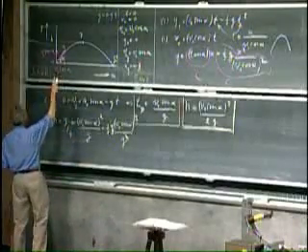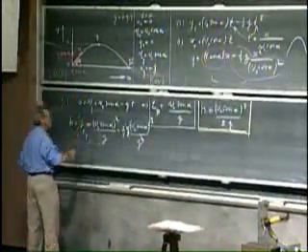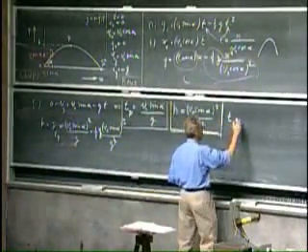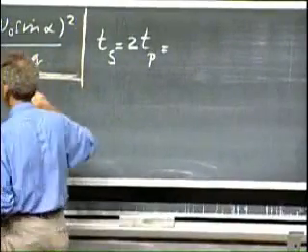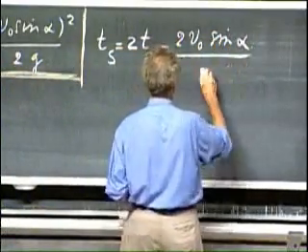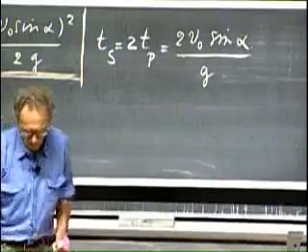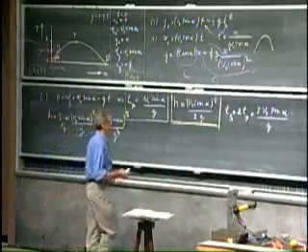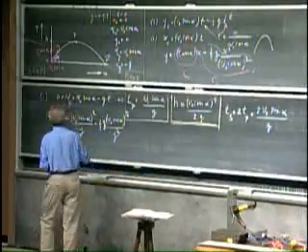I think there's a faster way to do it, and that's the following. This is a parabola, so it's completely symmetric about the vertical about P. So to climb up from O to P must take the same amount of time as to go down from P to S, and so I claim that the time to reach point S must be twice the time to reach point P, and therefore it's going to be 2 v0 sine alpha divided by g. But now we want to look again whether the v0s and the sine alphas have the right place. Indeed, if I increase the speed, I would expect it to take longer before it reaches